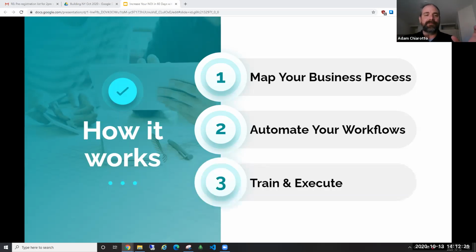The third part of the process is to train and execute your team on these new or possibly revised processes. If you were to pick a property manager, and you had a time machine and you went back 50 years, picked a property manager up and brought them into today, they're probably going to be able to do their job for the most part without any sort of new training involved. They may not know what a cell phone is, they may not know what a computer is, but they're going to be able to organize themselves the way that they've been doing it thus far.